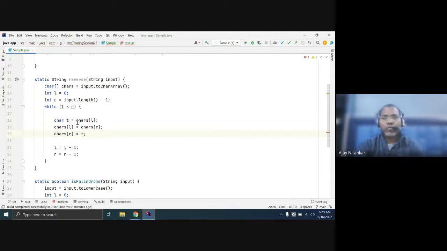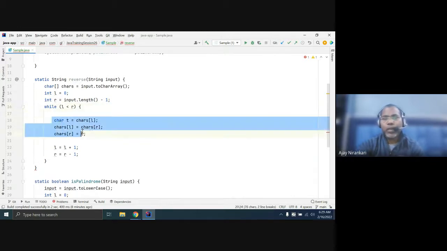So here, the same logic is running, just swapping the characters.